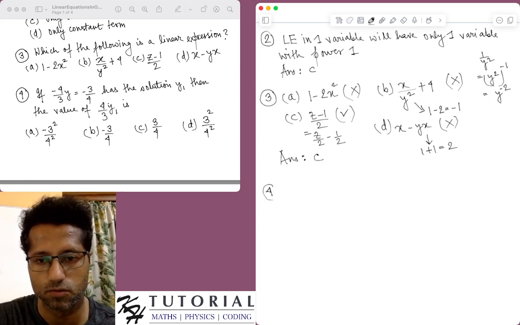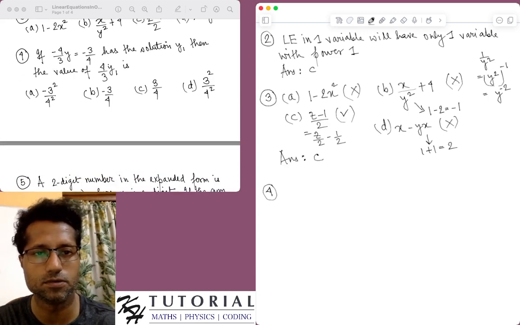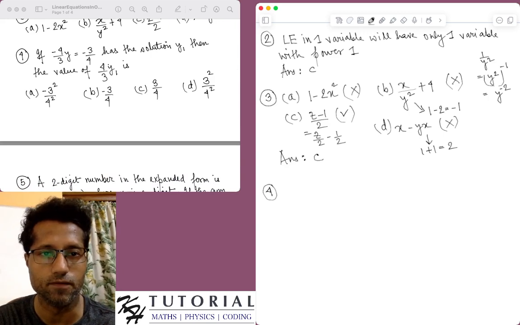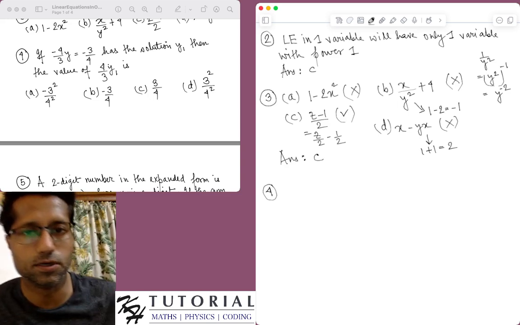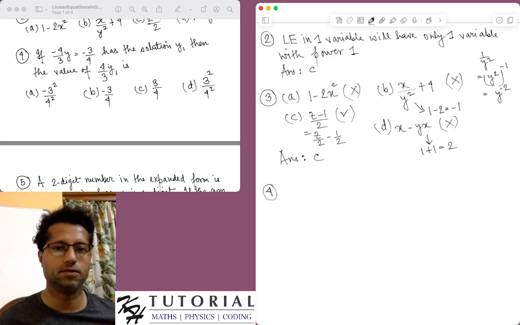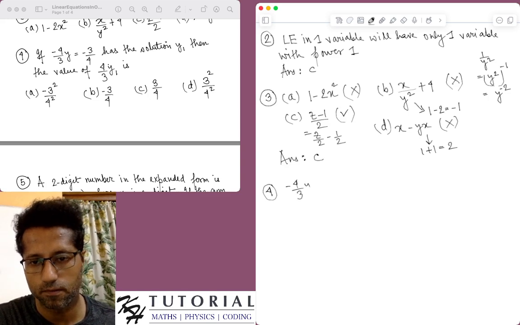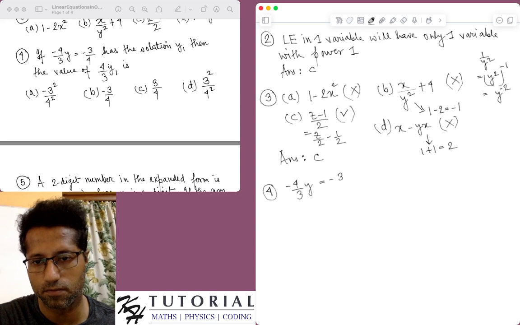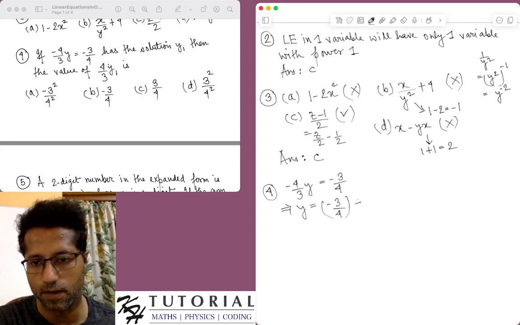Okay, let's do question number 4. It says that if minus 4y by 3 equals minus 3 by 4 has the solution y1. The equation is given in variable y, and it says that the solution is y1, then the value of 4 by 3 y1 is... The equation given is minus 4 by 3 y equals minus 3 by 4. We can easily solve this equation and find the value. So y equals minus 3 by 4 divided by the coefficient of y, that is minus 4 by 3,